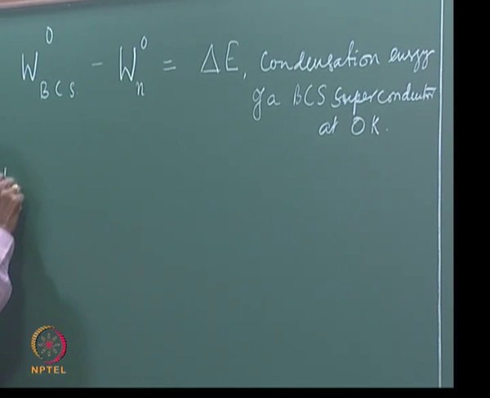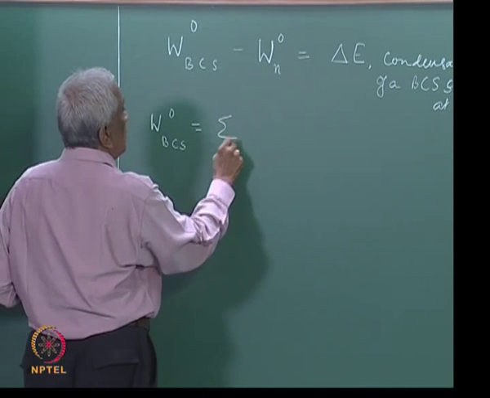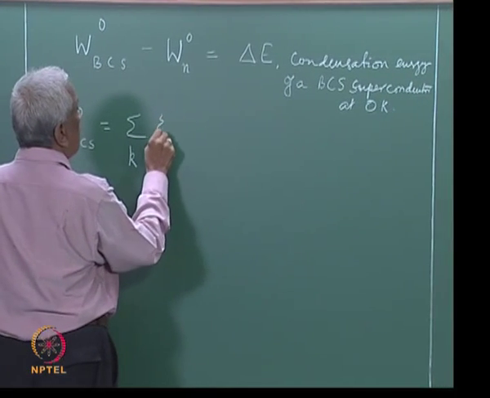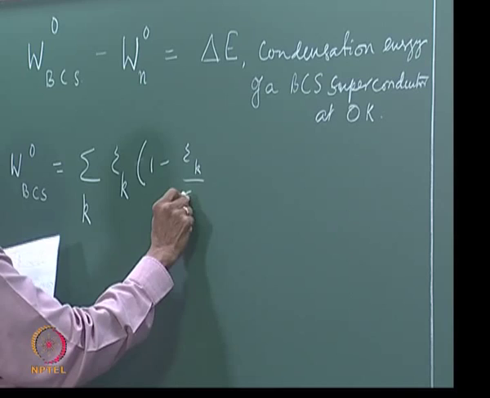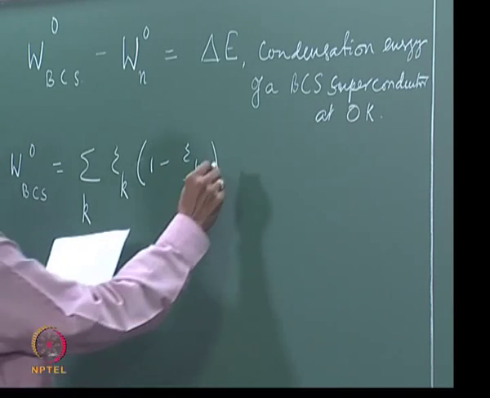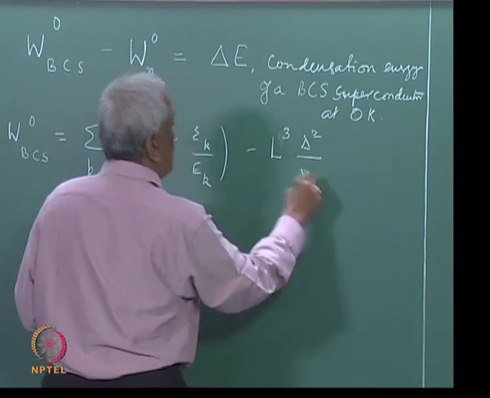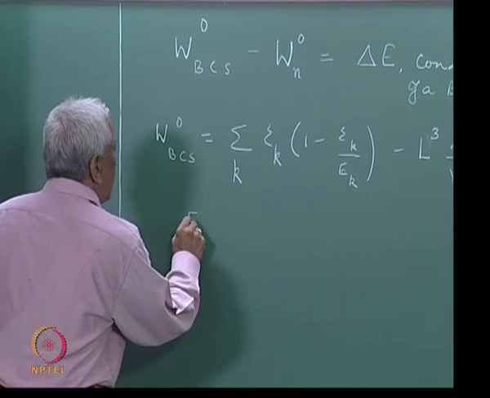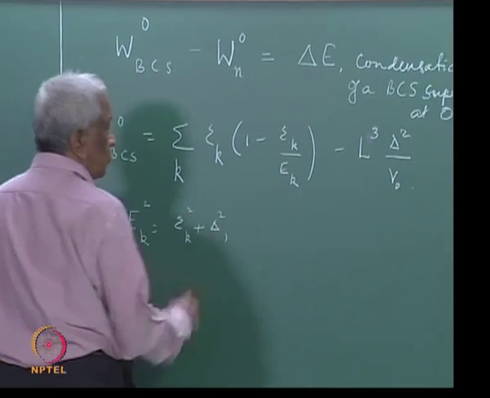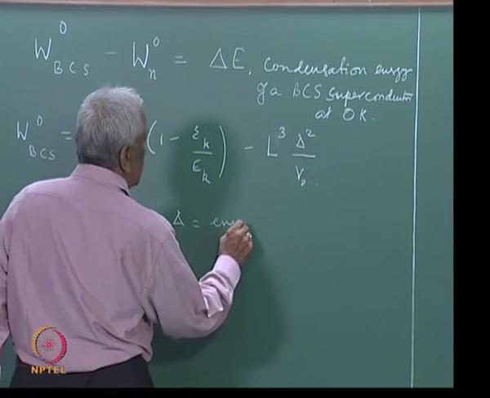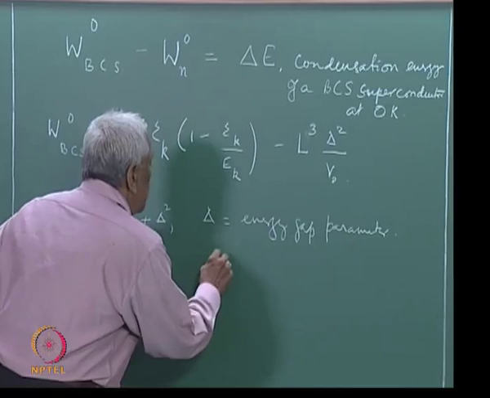We learnt that W_BCS(0), which is the ground state energy of a BCS superconductor at absolute 0, is the summation over all k of ψ_k times (1 minus ψ_k by E_k), minus L cube delta square by V_0, where E_k is given by the square root of ψ_k square plus delta square, and delta is the energy gap parameter defined by